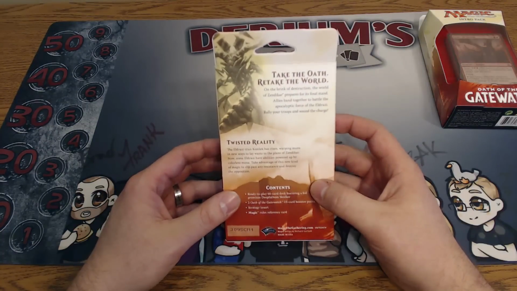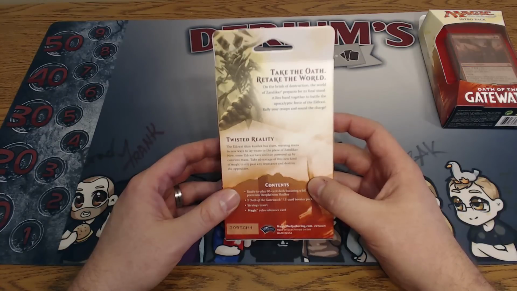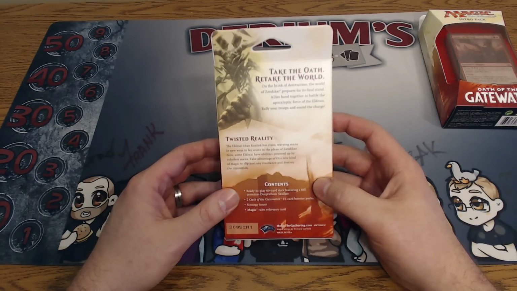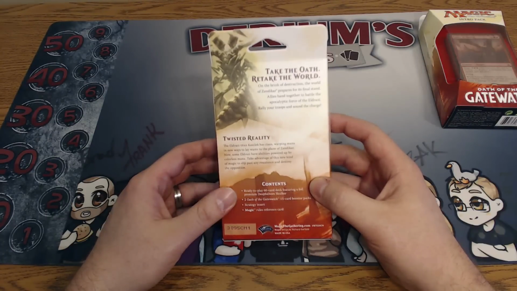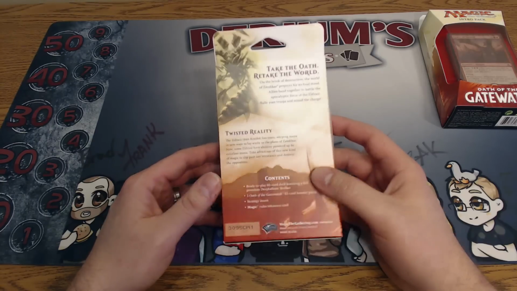The Eldrazi Titan Kozilek has risen, warping mana in new ways to lay waste to the plane of Zendikar. Now, some Eldrazi have abilities powered up by colorless mana. Take advantage of this new kind of mana, this new kind of magic, to slip past any resistance and destroy the...